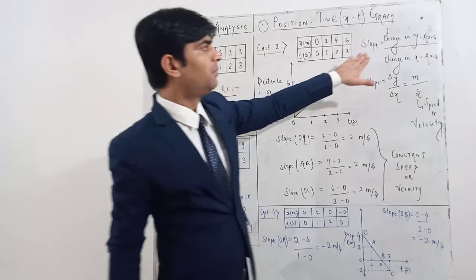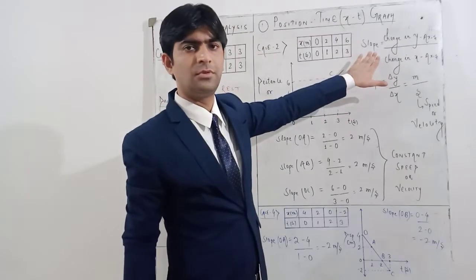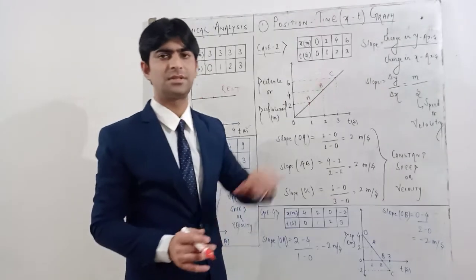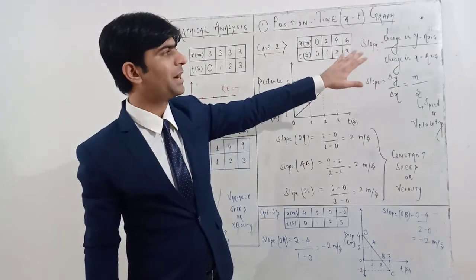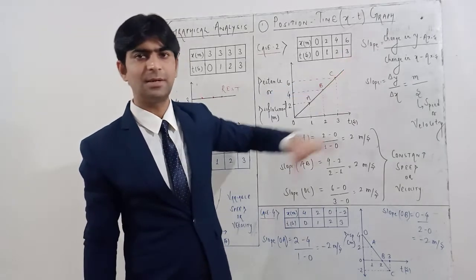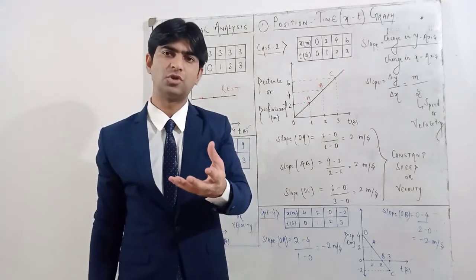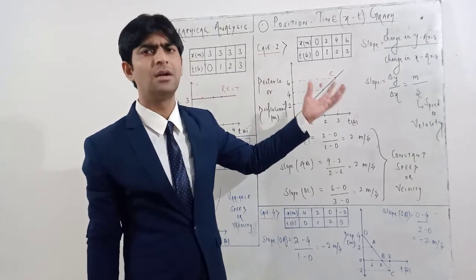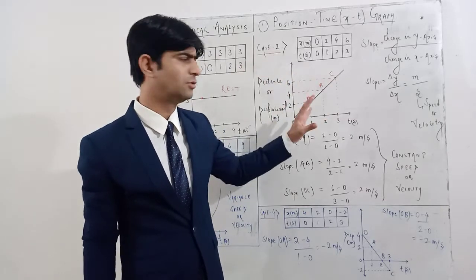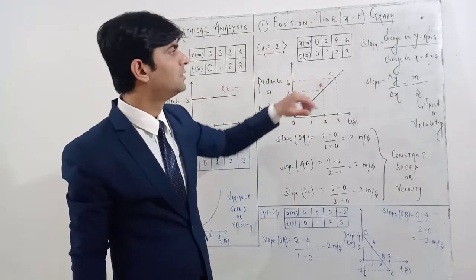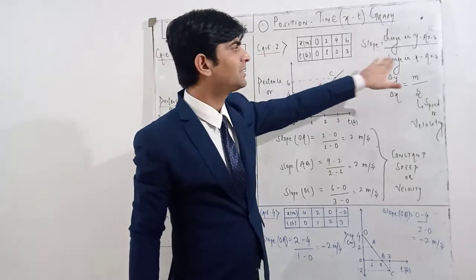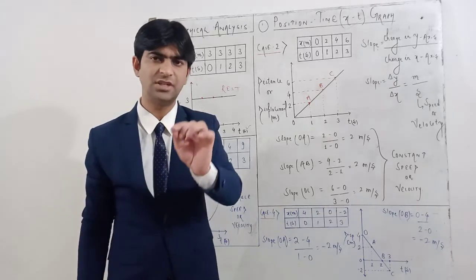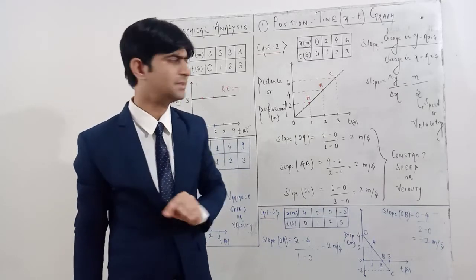Now this is the general formula for slope. Slope is equal to change in y-axis upon change in x-axis. This is the formula for slope. In terms of angle also there is one formula, slope is equal to tan theta, but here I am not going to discuss in terms of angle, I am going to discuss in terms of the values, in terms of the coordinates. So slope is equal to change in y-axis upon change in x-axis. This is the general formula for slope.